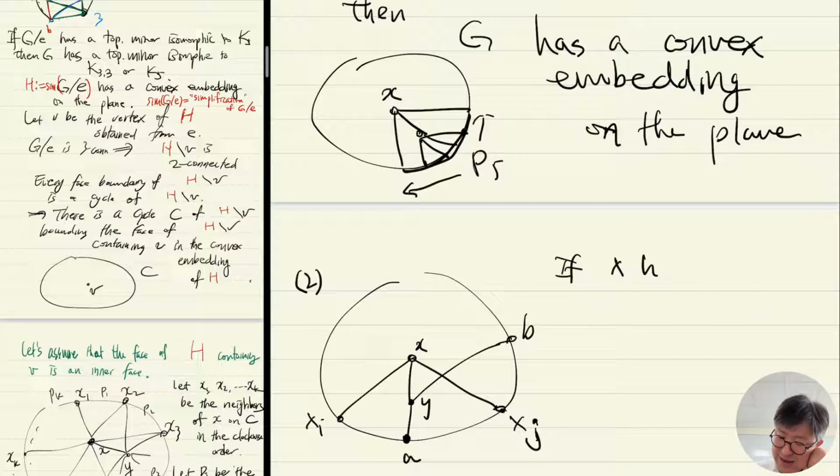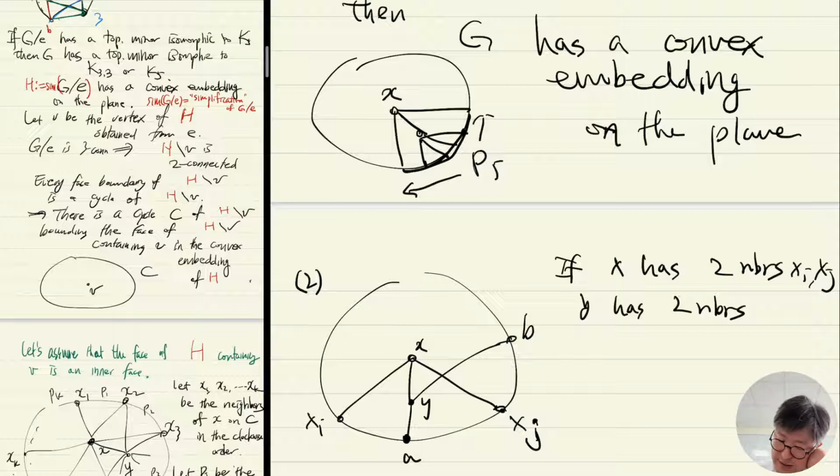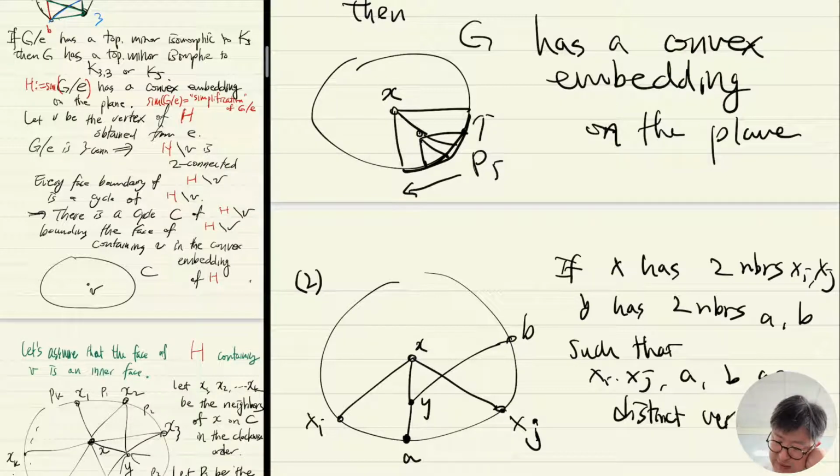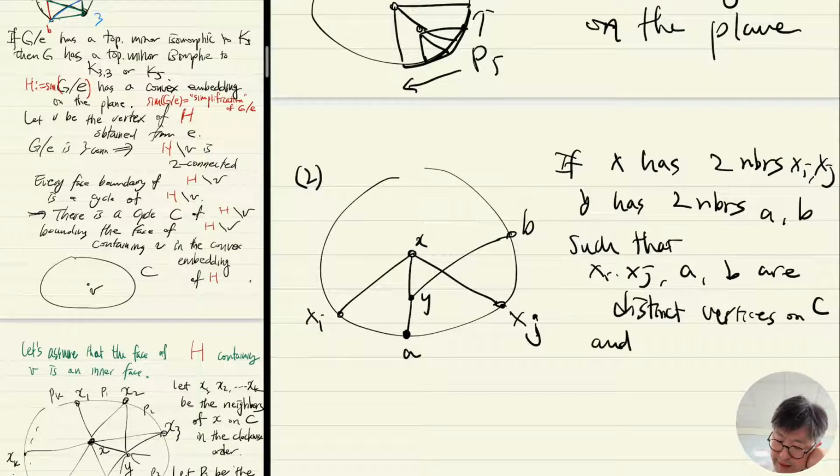If x has two neighbors xi and xj, y has two neighbors a, b, such that xi, xj, a, b are distinct vertices on C, and